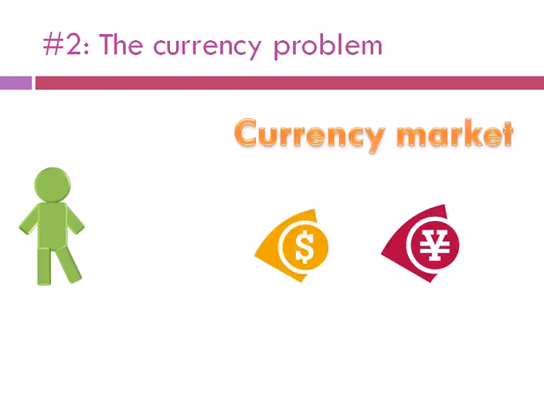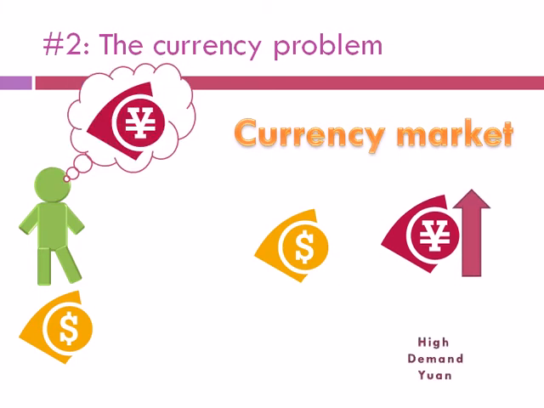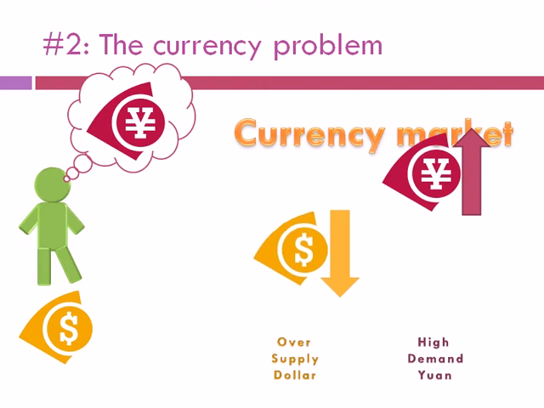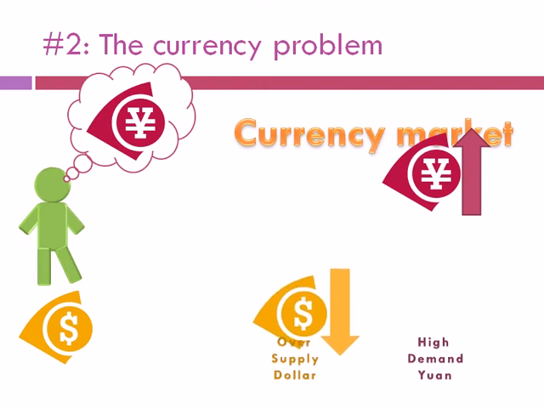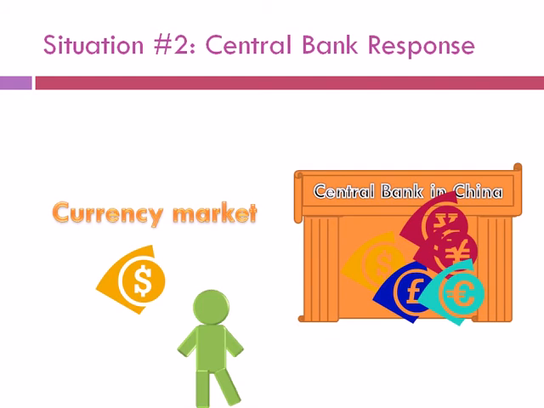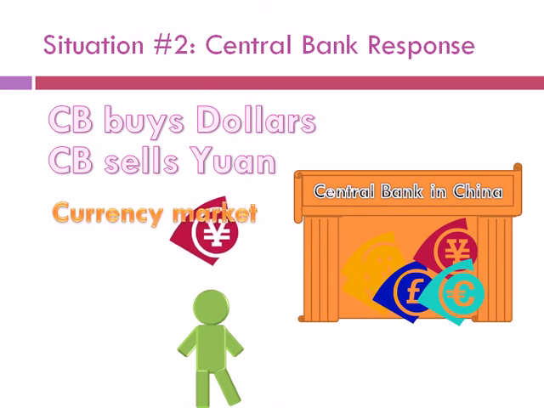When Adam purchases these dolls, he buys them in dollars. This is how his transaction affects the international currency market. And remember, for the sake of simplicity, we're assuming Adam is the only person in this international economy. To purchase these dolls, we need yuan. This creates demand, thereby putting upward pressure on it. But we only have Adam's dollars, thus we have an oversupply of it. This puts downward pressure on the dollar. The result is that the central bank intervenes once again and purchases dollars and sells yuan on the currency market. By doing this, they're able to maintain a fixed rate.